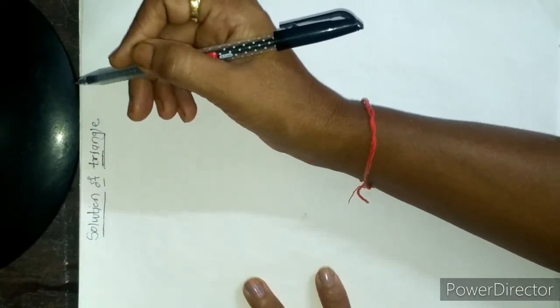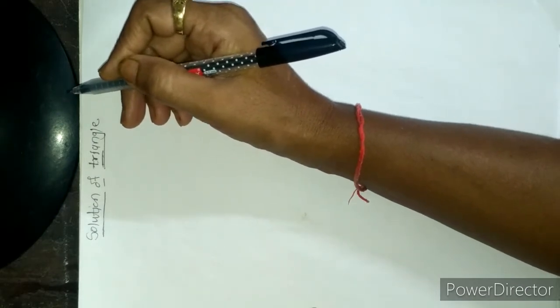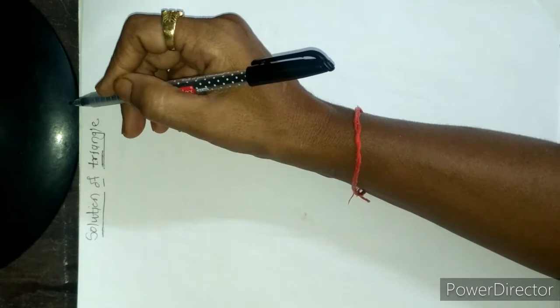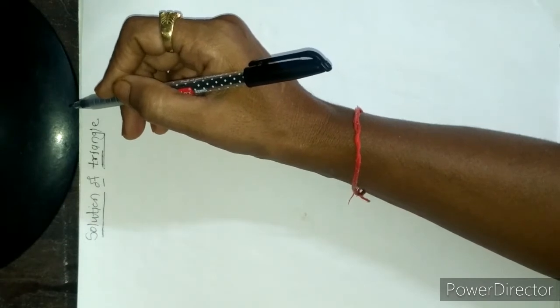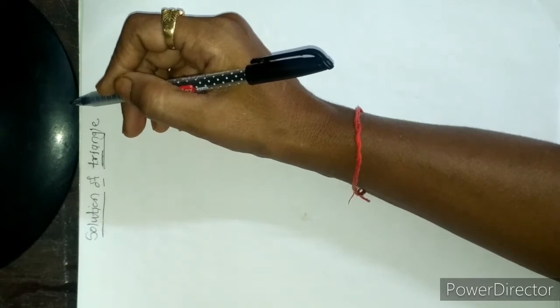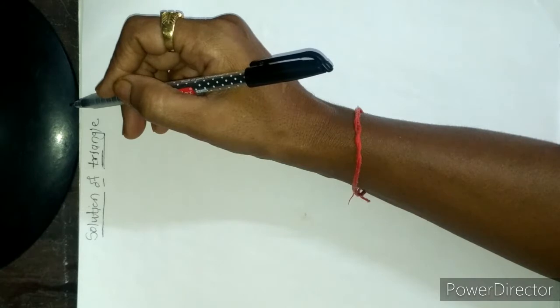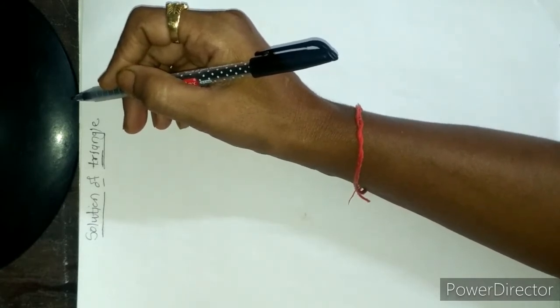So how do you find the solution of a triangle? For this we require the lengths of three sides and the measures of three interior angles. With the help of these we solve the triangle. From these six things, if at least four things are provided to you, then you can find the solution of the corresponding triangle.